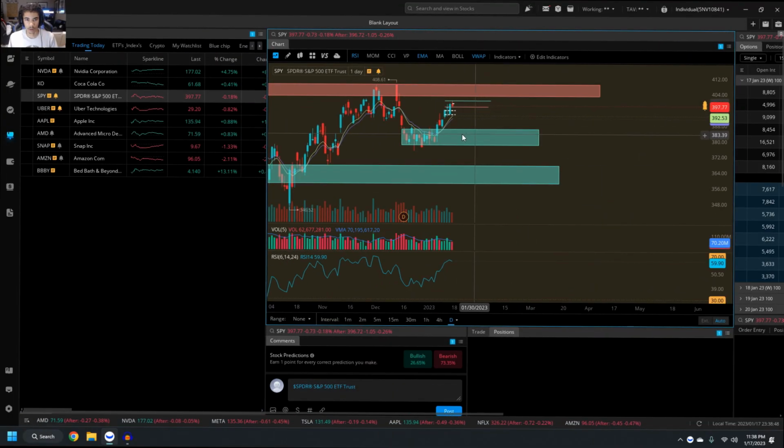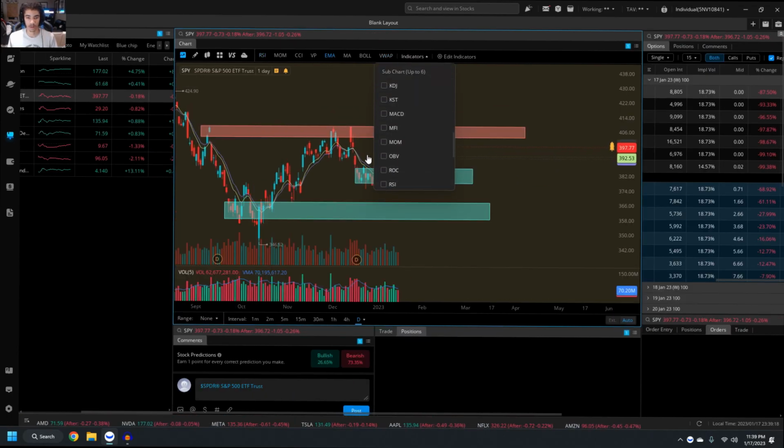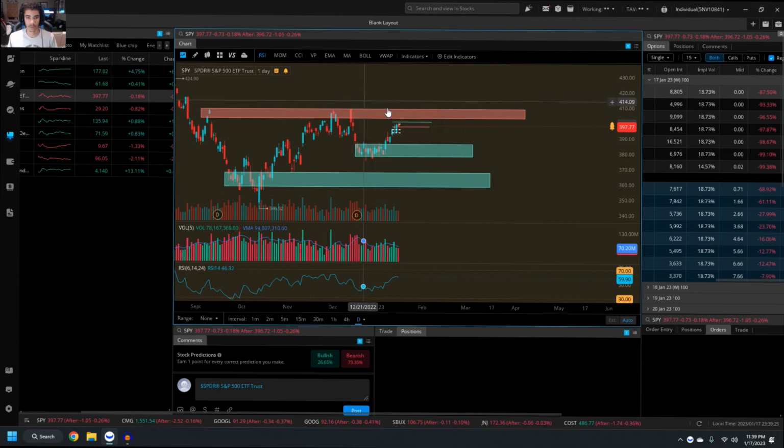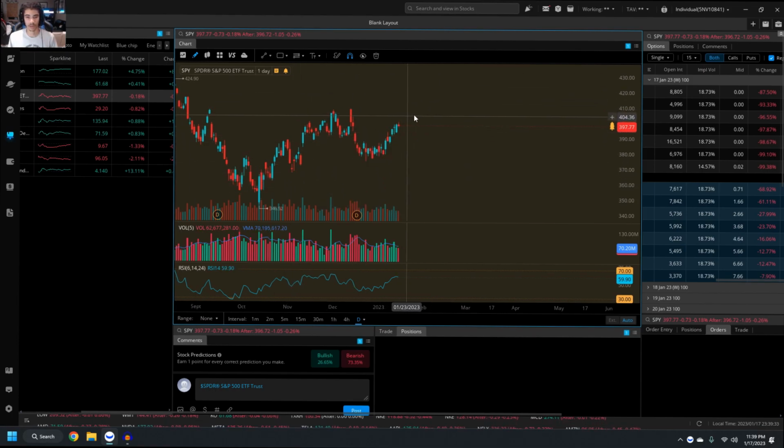Alright, so here we are. We're on SPY. We're looking at SPY charts right now, and we're going to turn off our indicators. I'm going to have to turn off the RSI, but we're going to turn off the EMA and the VWAP. We don't need to see those. And we're going to delete all of our drawings because I can redraw them because everything still is the same